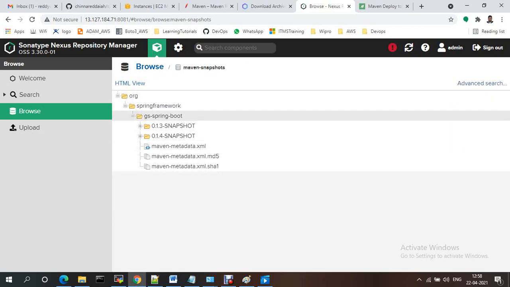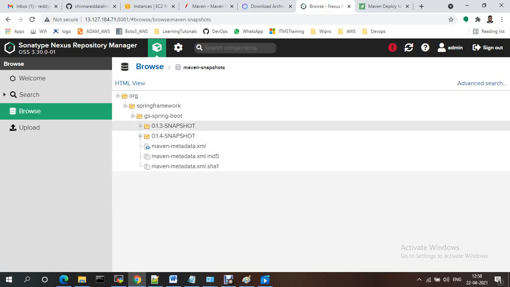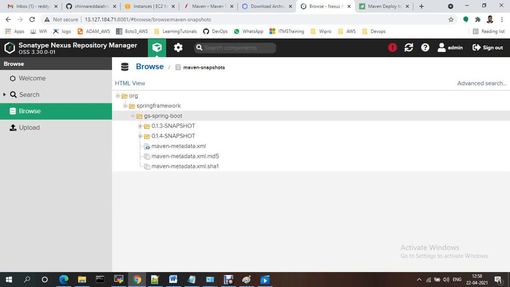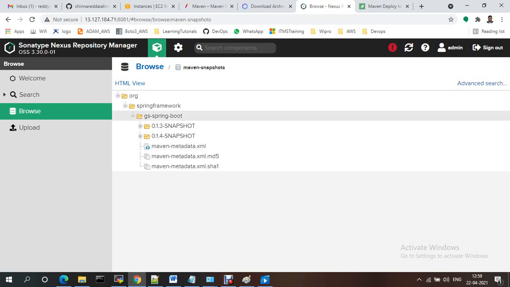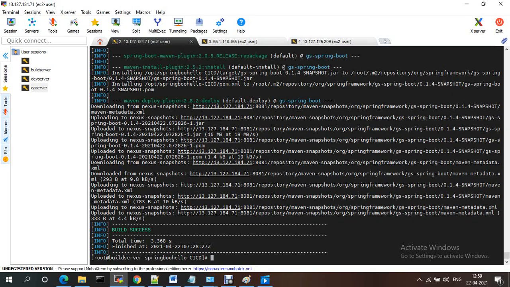Now this war file or jar file we need to deploy using an Ansible playbook. We need to download it to the dev server and QA server. If you have any application servers, you need to place this war or jar file at the location, wherever the path is, push it to that path and run it. Now using Jenkins and Ansible, I am deploying to the dev server and QA server. For that, let me install Jenkins on this machine.